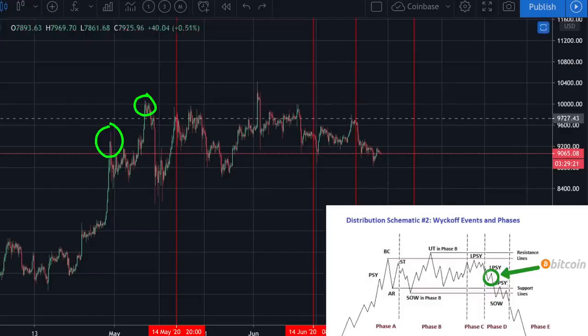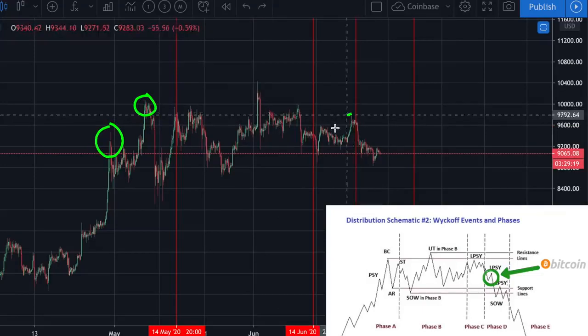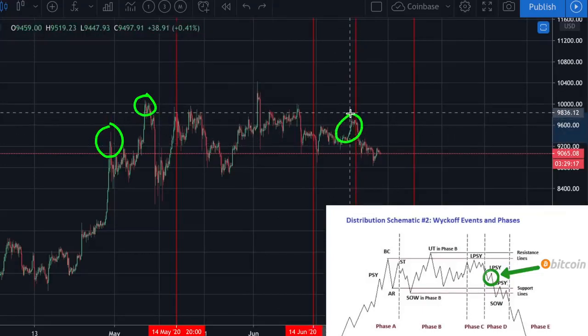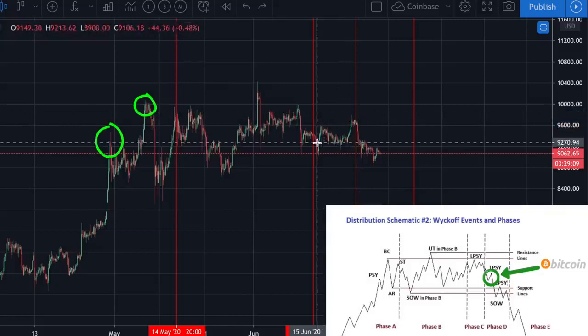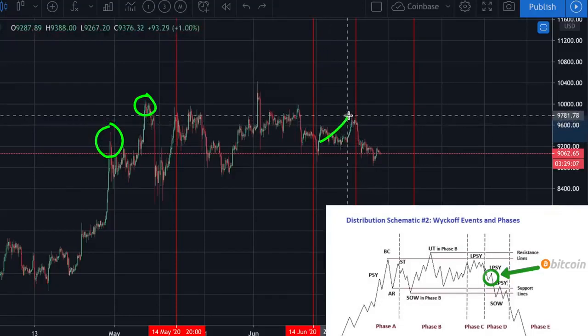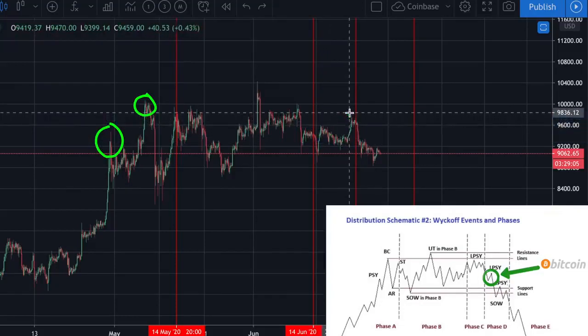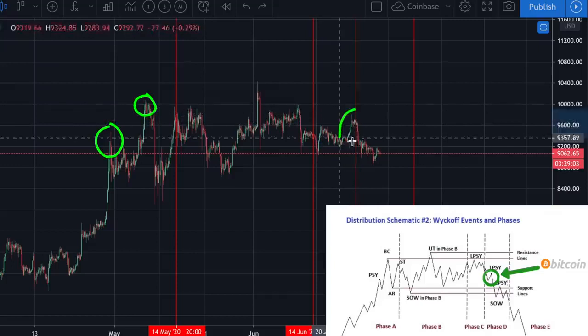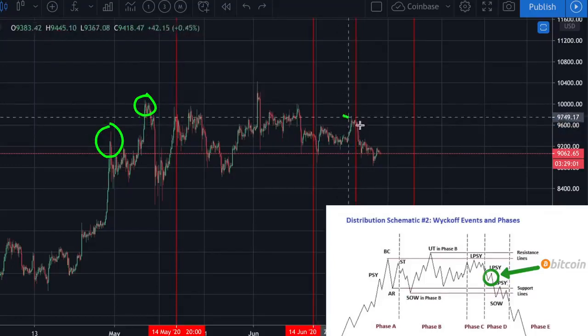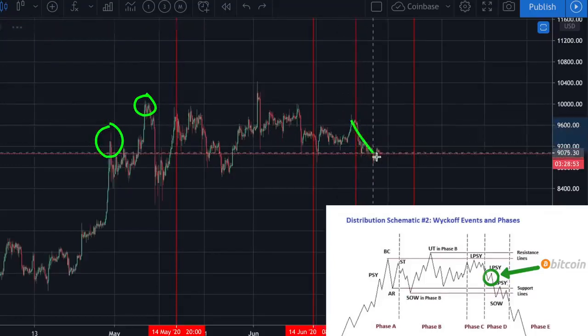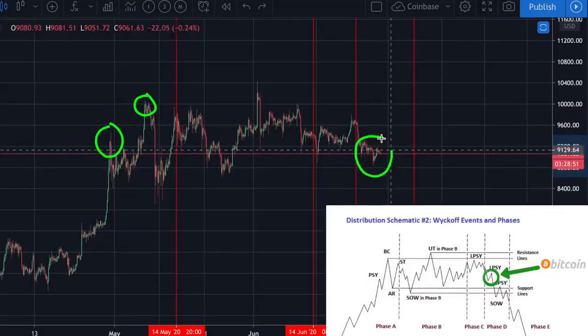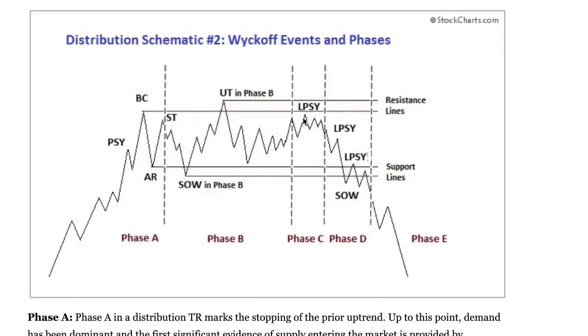Going back to the chart, we can see that, in my opinion, this could be phase C, where we see this. It looked like Bitcoin was going into this uptrend again, but this was a bull trap, and we came straight back down, straight back into phase D, where I think we are right now. So basically, we already saw this. We came in, and Bitcoin is currently exactly right here according to this chart.